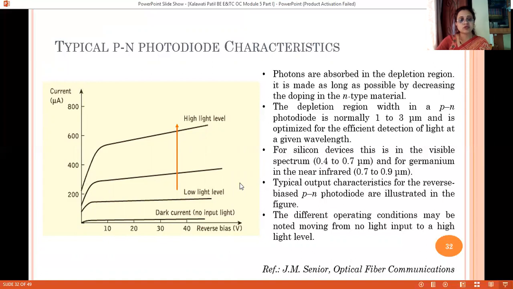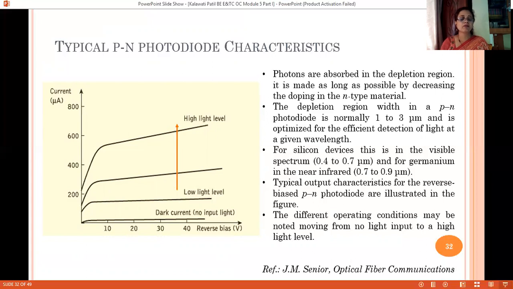One more thing I want you to understand here is how much current is generated generally across a photodiode. You will see, students, the current generated, though it is increasing with the increasing optical intensity, is in the range of microamperes for the biasing conditions shown along the x-axis. So this current, which is too low, I cannot use it, or I'll have to process it further to make it useful in practical applications.